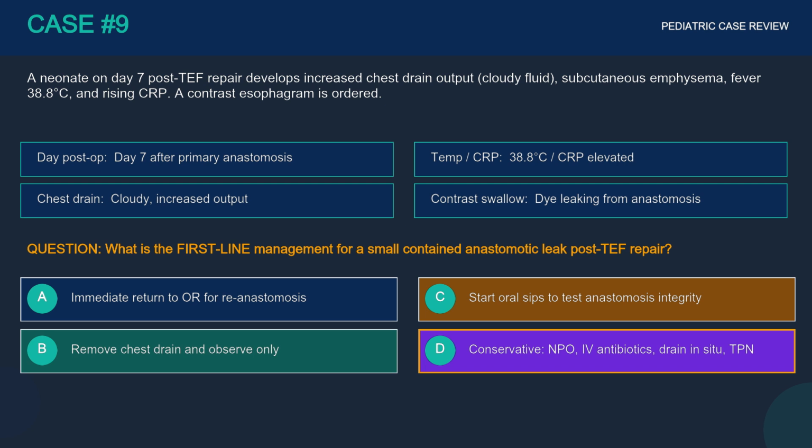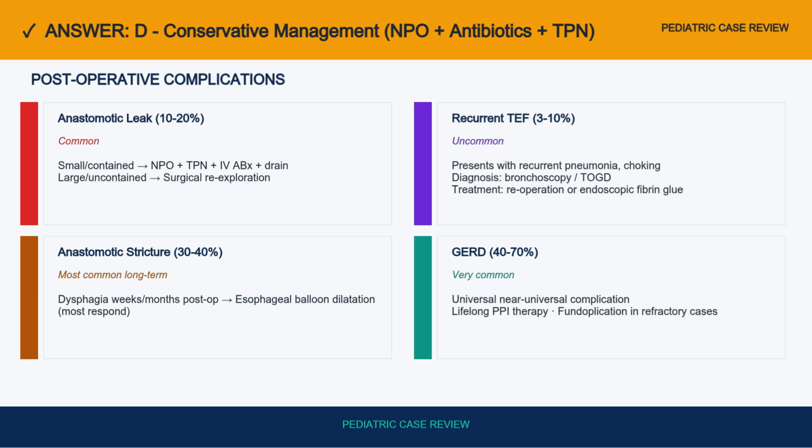Option B, start oral sips to test anastomosis integrity. Option C, remove the chest drain and observe only. Option D, conservative management with nil by mouth, intravenous antibiotics, drain left in place, and total parenteral nutrition. The correct answer is option D, conservative management with nil by mouth, intravenous antibiotics, the drain kept in situ, and